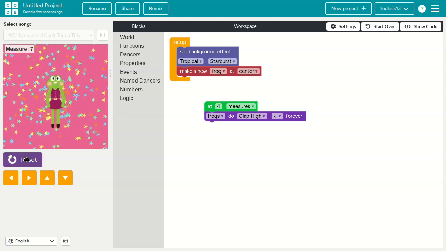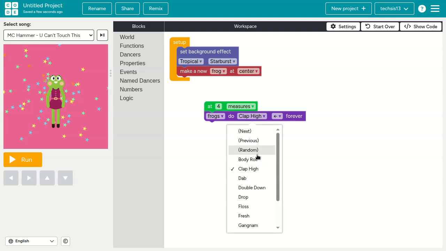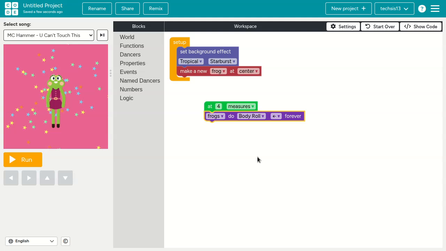Seems she's enjoying it. All right, cool. But of course you can click that, and there's all kinds of dances you could do there, like body roll or whatever. But here's the other thing. You can then say, okay, what about 8 measures or 6 measures? Depends how you, or however long you want it. So you just build the dance, right?